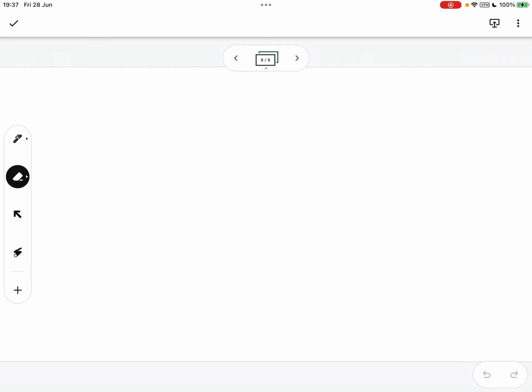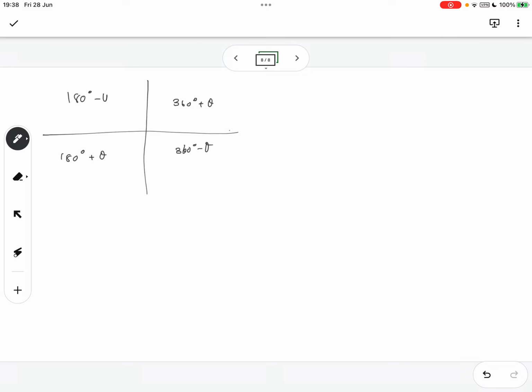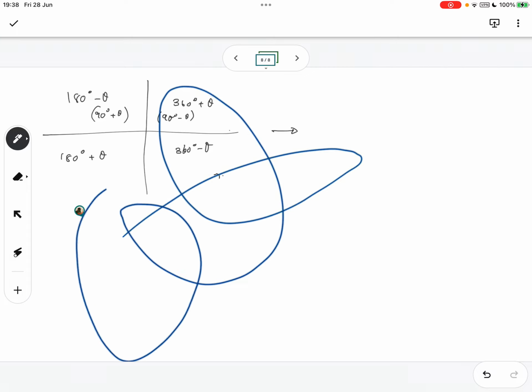Now, there are compound angles that come from the fact that, remember when we have those quadrants where we define it's 360 degrees plus theta, 360 degrees minus theta, 180 degrees plus theta, and 180 degrees minus theta. And I guess we can also have 90 degrees plus theta, 90 degrees minus theta for co-functions, right? So from this, which are numeric,